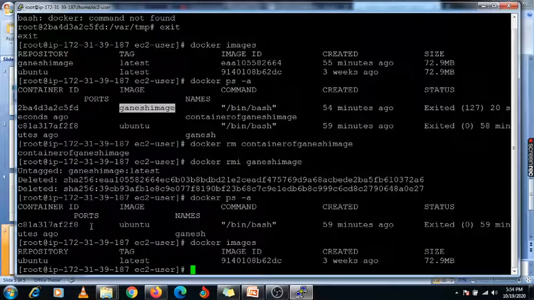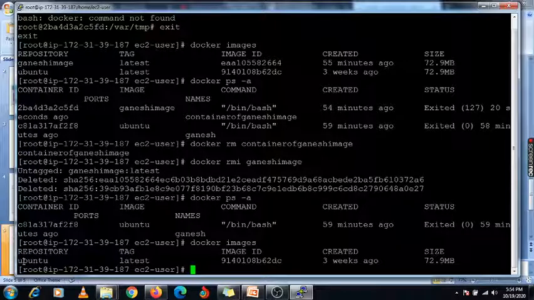So now only one image is available, that is ubuntu. Now I am going to create one Dockerfile. I am going to specify the name, that is Dockerfile. Okay, so this is the name of my Dockerfile. Just enter it. Here you need to specify FROM. On top you need to use this FROM component, and you need to specify from which image you want to create your container or image.